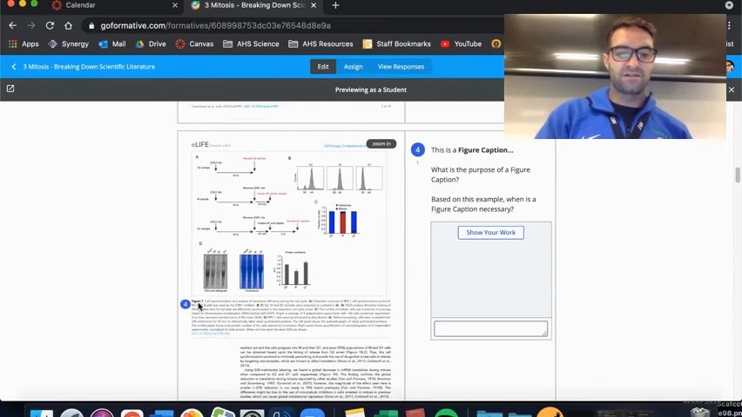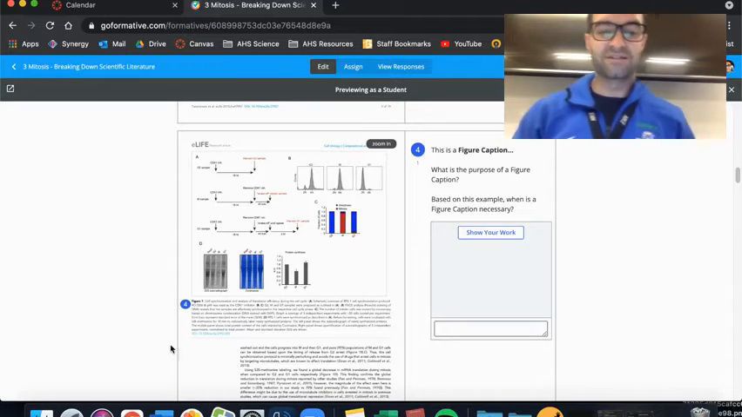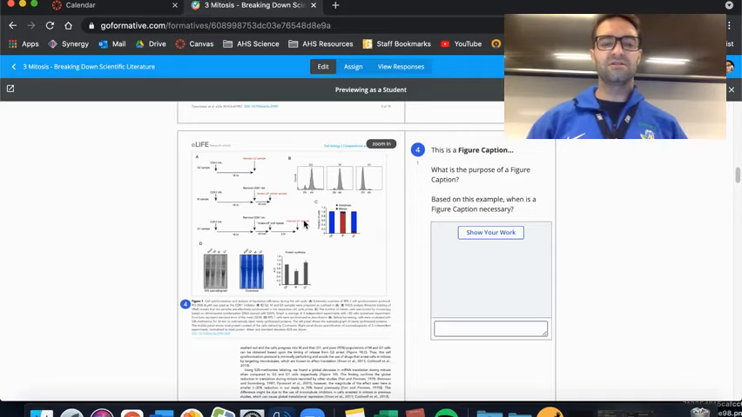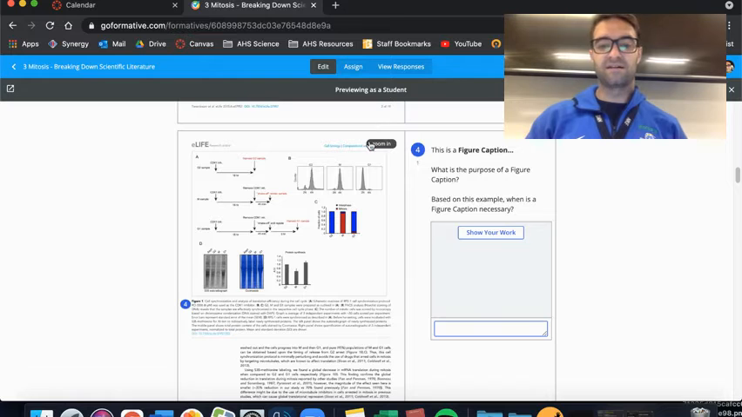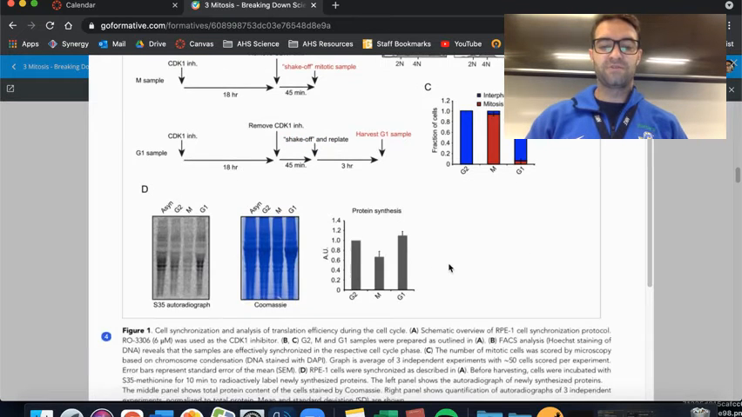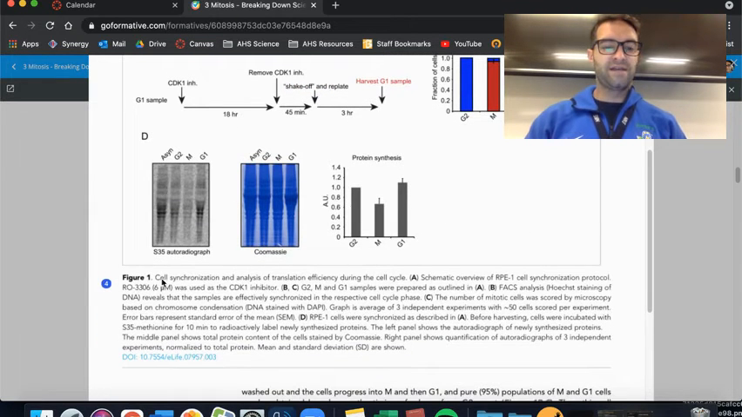But I want to bring our attention to question 4 here and looking at this figure 1. It says, this is a figure caption. What is the purpose of a figure caption? And based on this example, when is a figure caption necessary? So looking at this, you might have been taught what a figure caption is before, so excellent, you can put that in there. If I go ahead and zoom in and just read a little bit of this or kind of glance at it,